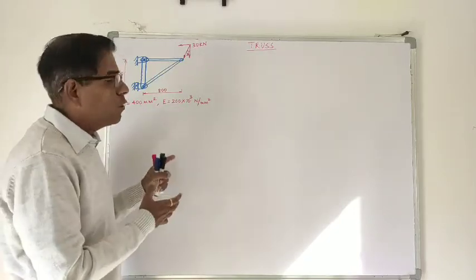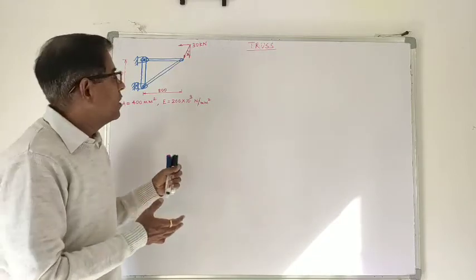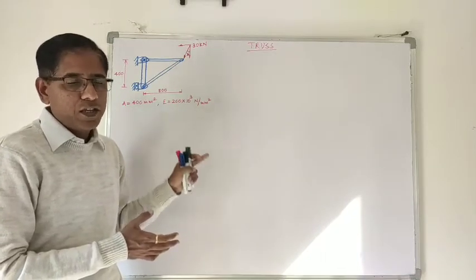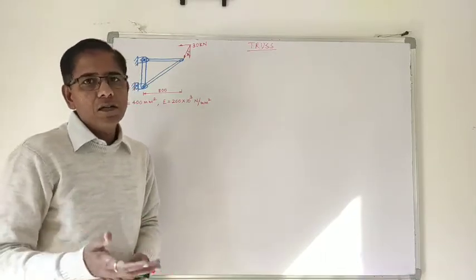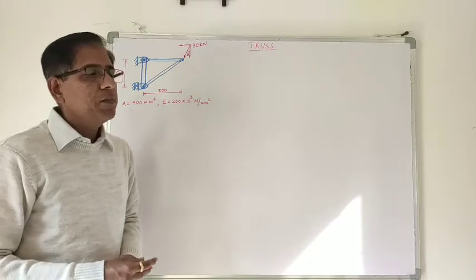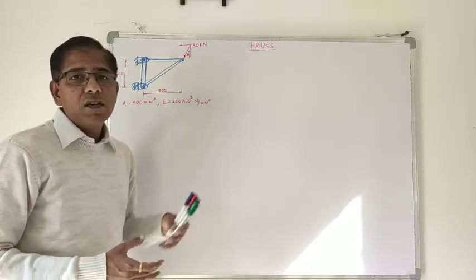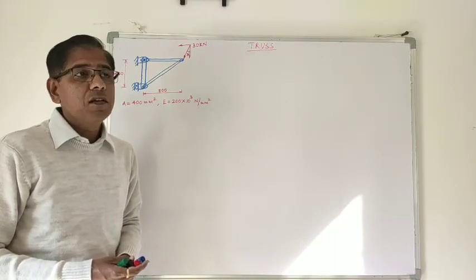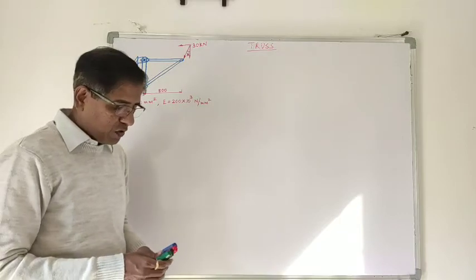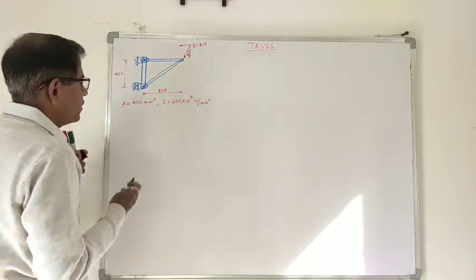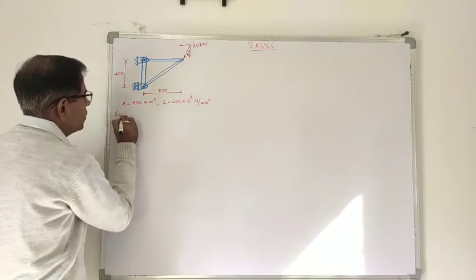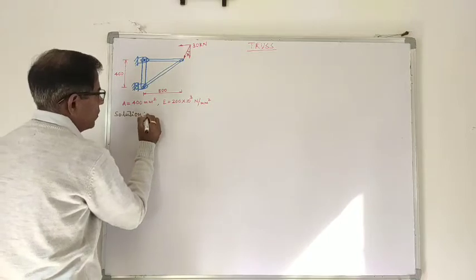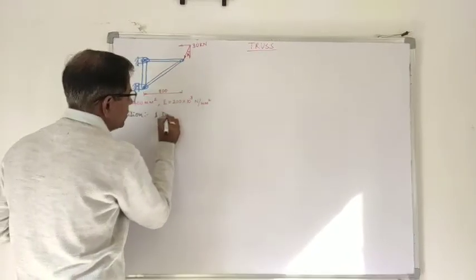So how to find out the displacement, stress and reaction of this problem, that we are going to see. Now we know that we are going to apply the finite element method for solving this truss problem, and the finite element method says that the first step is discretization. So first we discretize it. Solution. First is discretization.